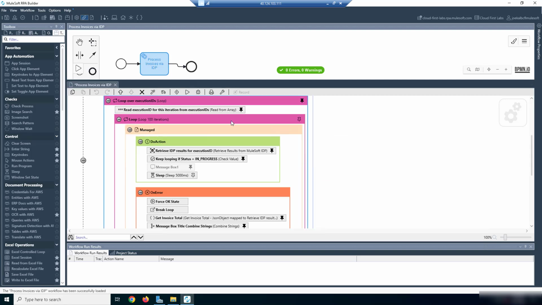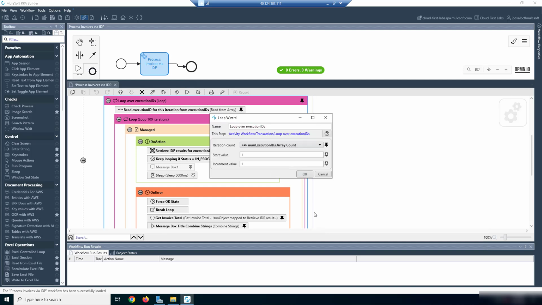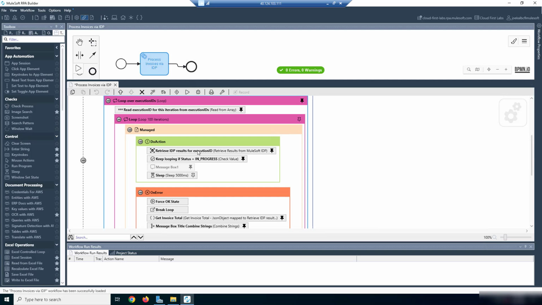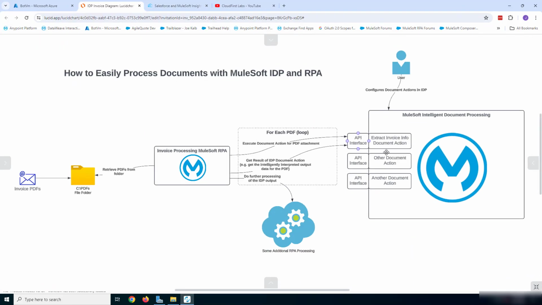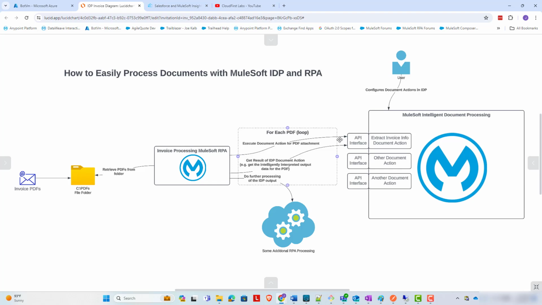So at this point, we're going to start at 1, we're going to increment by 1, we're going to loop over each execution ID that we have, and for each one, we are going to use that execution ID to get the results from IDP. And so again, to pull this up, we're going to be looping over this, and we're getting the result of